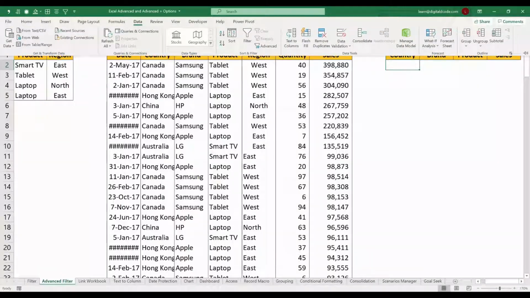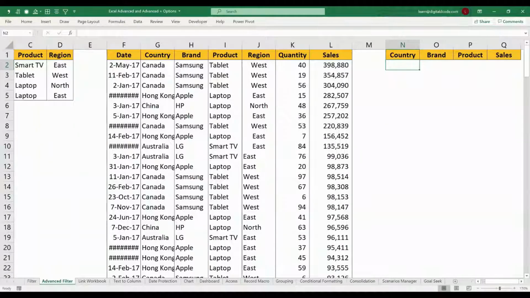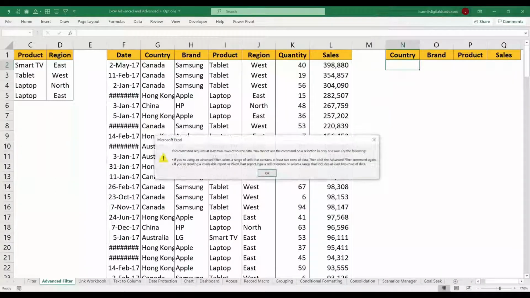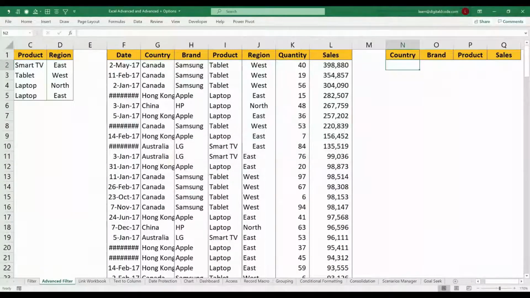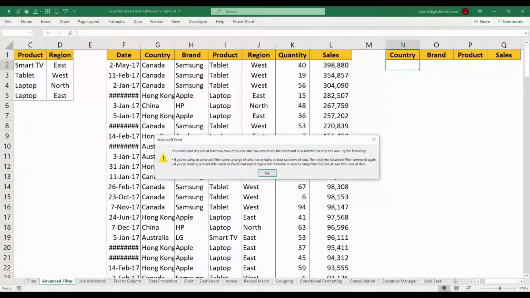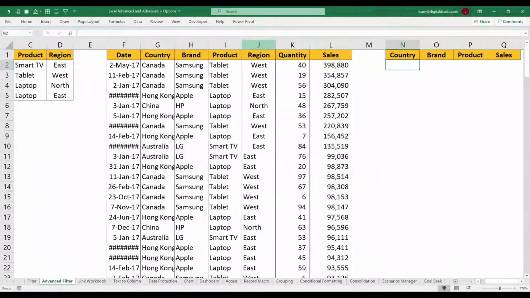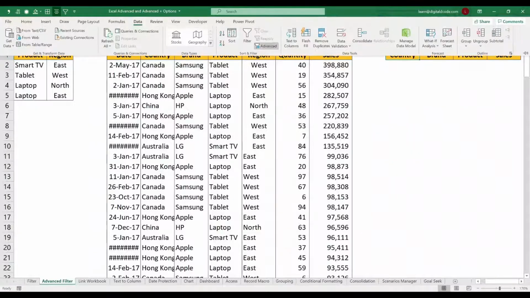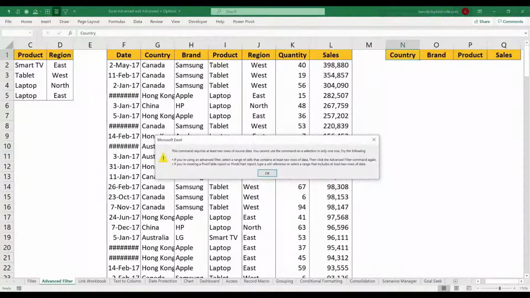Whatever columns you want, just keep those columns separately, and the column names should match with the data. Let's apply advanced filter. Keep the cursor on the data, then apply. I don't know, there's some error I'm getting.